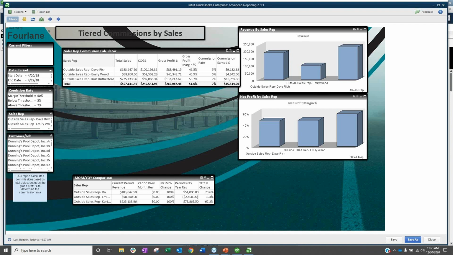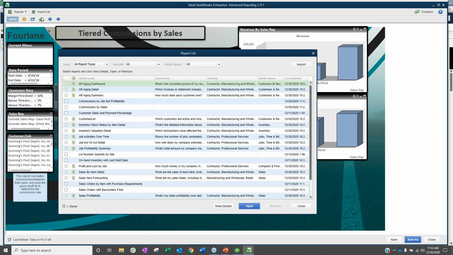When you open QuickBooks Advanced Reporting for the first time, you can see here any of the ones that are marked as S, those are standard reports. Any of the ones that don't say S are ones that we have as templates that we provide to customers. I would love to be able to get some of these commission reports to be standard for people when they buy QuickBooks Enterprise. So if you have any idea on your own reports that you would like,